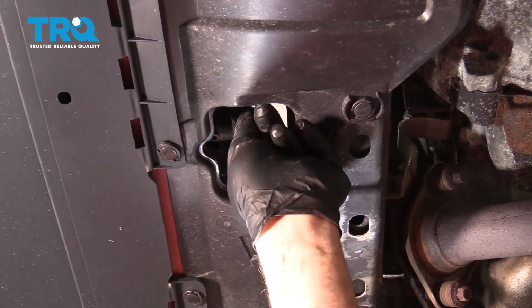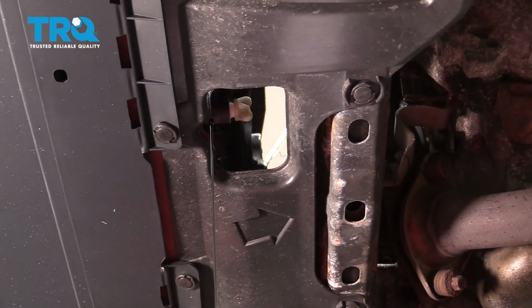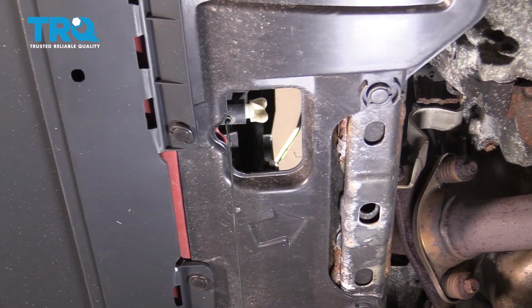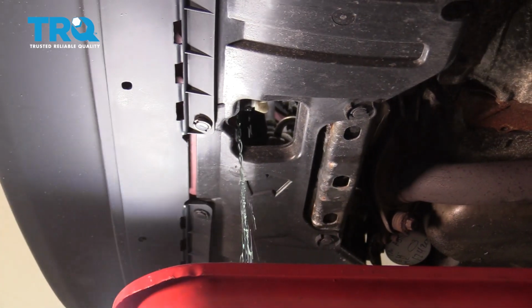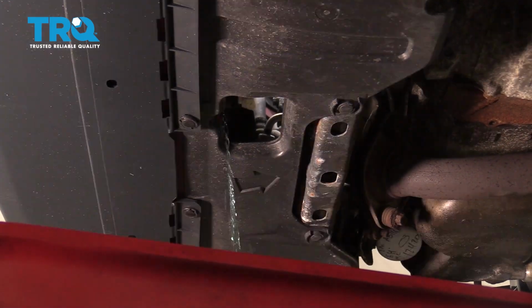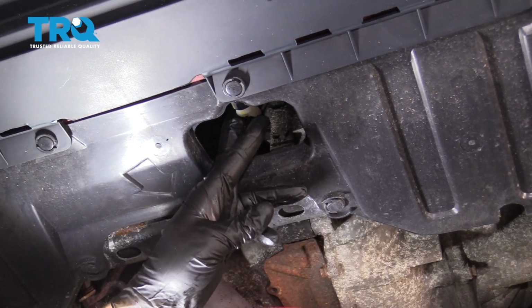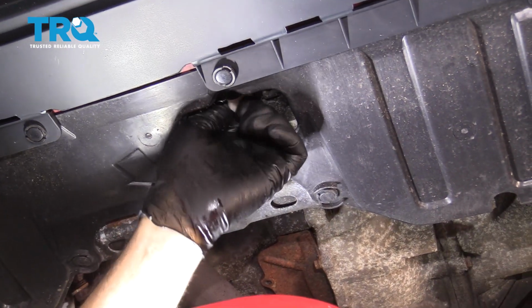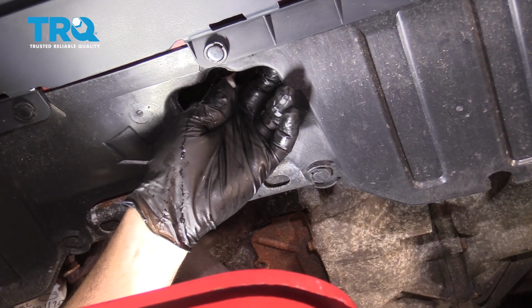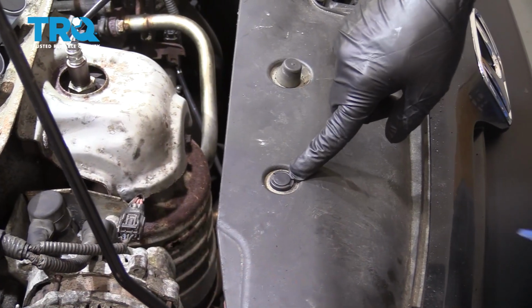And turn that till it starts dripping a little bit. And we'll go ahead and let that drain out. All right, once you have the radiator drained, we're going to go ahead and tighten up the drain plug. And once it gets to the bottom there, just kind of snug it up. And that's it. We're going to go ahead and remove the plastic clips here